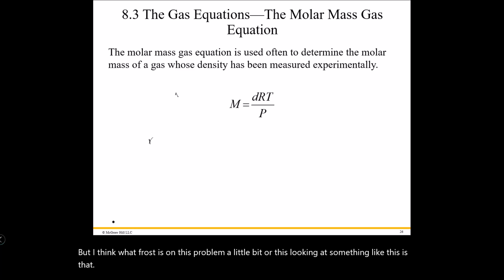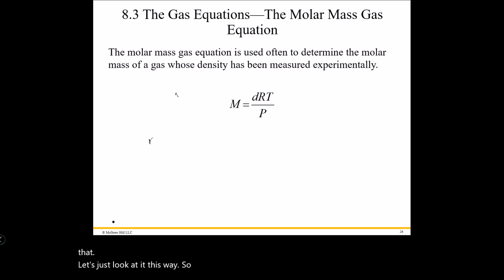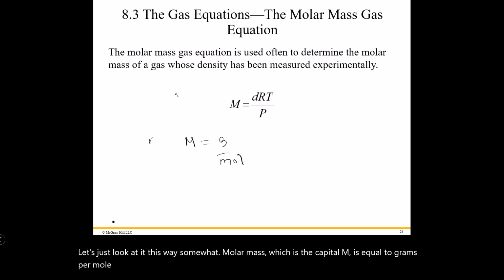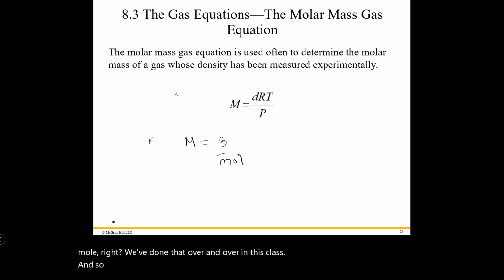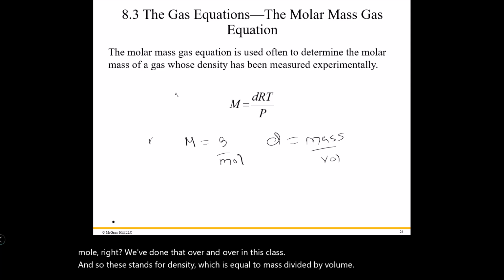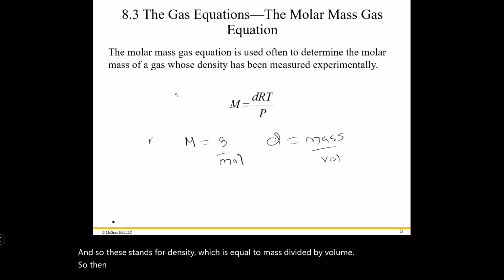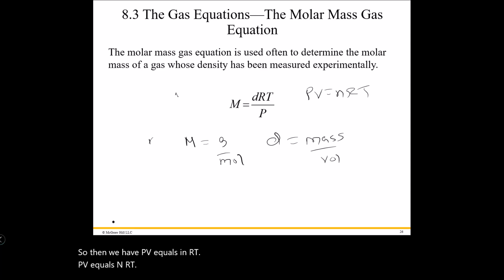Let's just look at it this way. Molar mass, which is the capital M, is equal to grams per mole. We've done that over and over in this class. And D stands for density, which is equal to mass divided by volume. Then we have PV equals nRT. So what would happen if